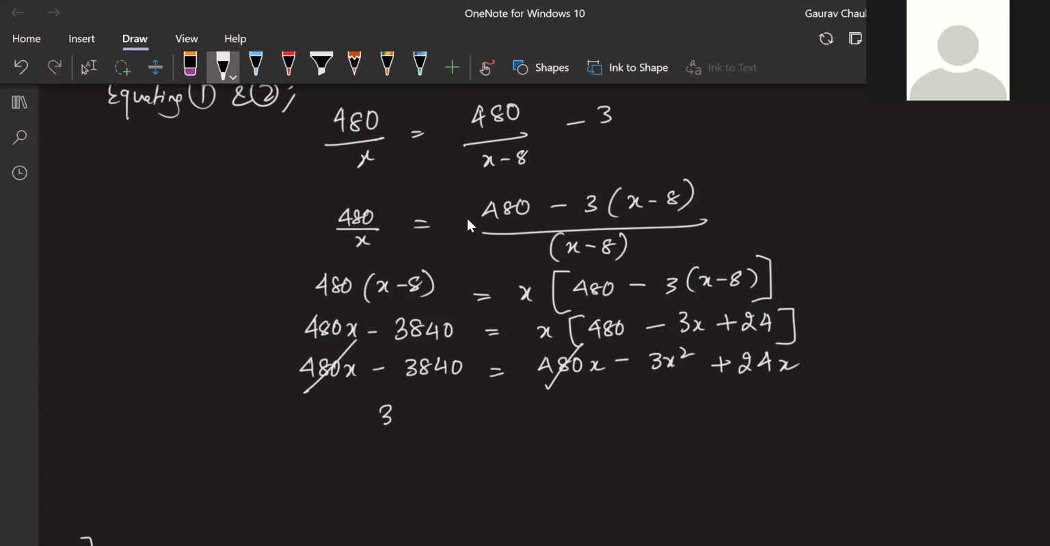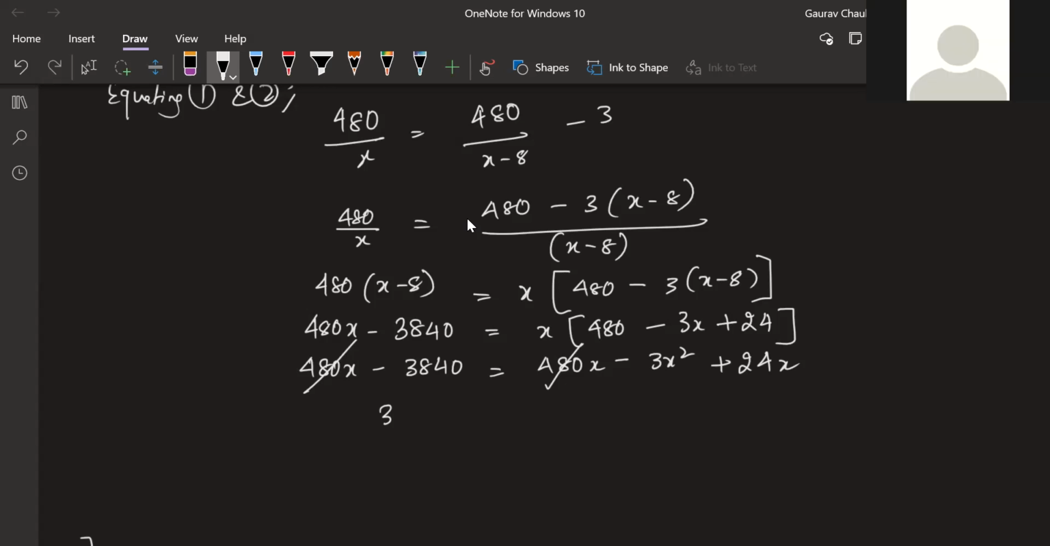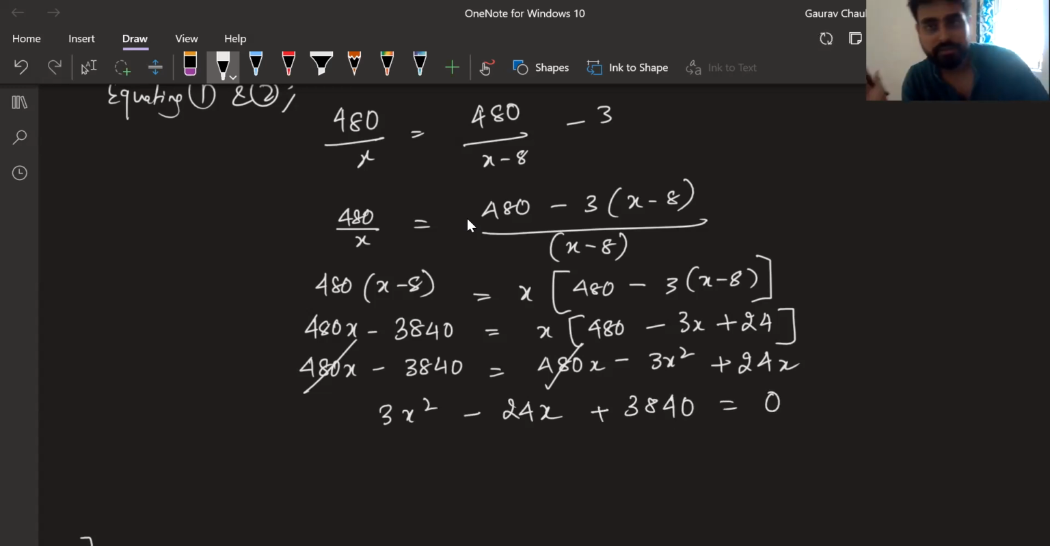Let's take everything to the left side. Left side, sir. So then it will be 3x square minus 24x plus 3840 is equal to 0. Okay. Good, Riza. Now, after this, there is actually one more step which can be done,